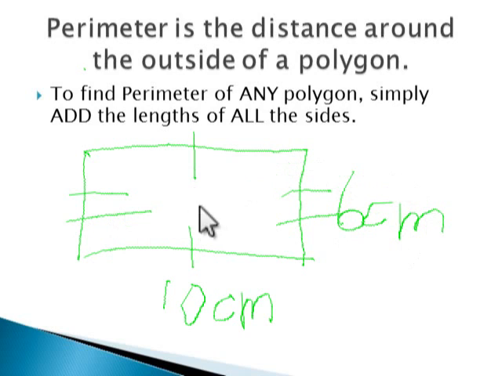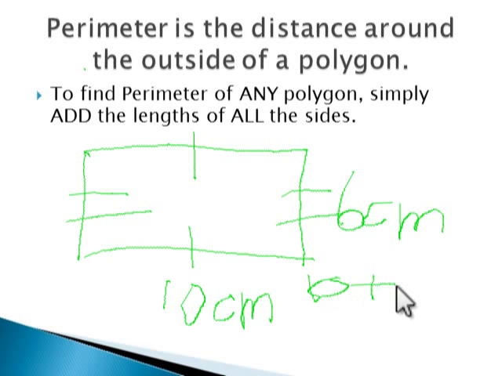I wouldn't really need to tell you the lengths of the other two sides, because you know that the side opposite the 10 centimeters also measures 10 centimeters, and the side opposite the one that measures 6 centimeters also measures the same thing. So basically I could just double the 10, double the 6, and add them together, or I can use this basic idea of adding 10